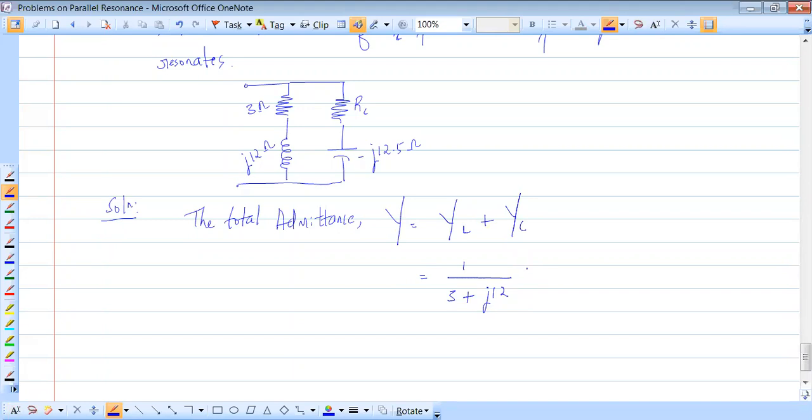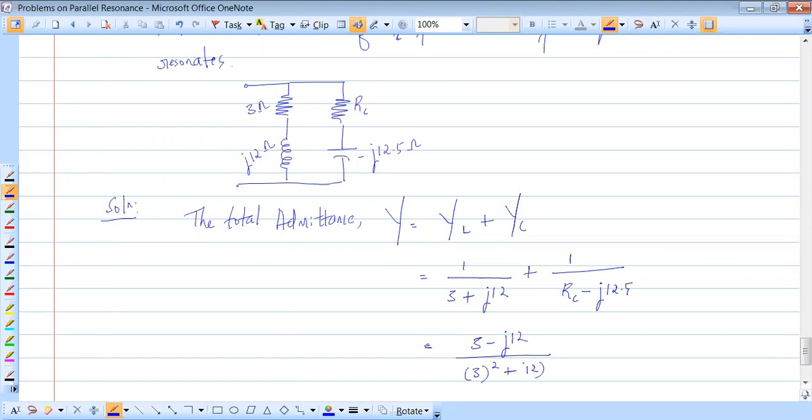Then you have this to be 1 divided by RC plus, or it's RC minus j12.5. Okay, so rationalize. After rationalizing, you'll find this to be 3 minus j12 divided by 3 square